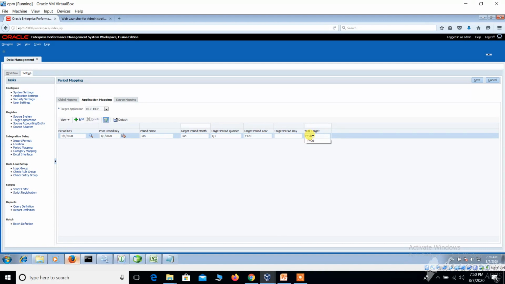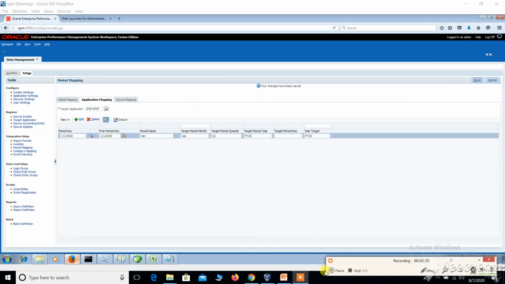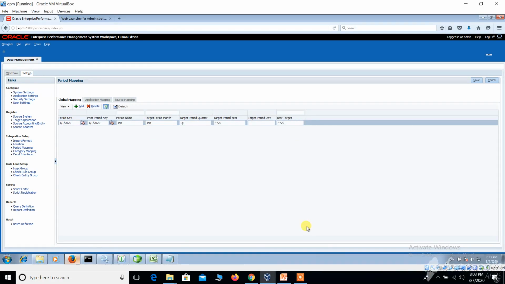So these are the things, just give them. Click on save. So data has been saved. So our period mapping is completed. We have given the period mapping here, quarter one and period FY20. So we have saved the details, and then we go for the